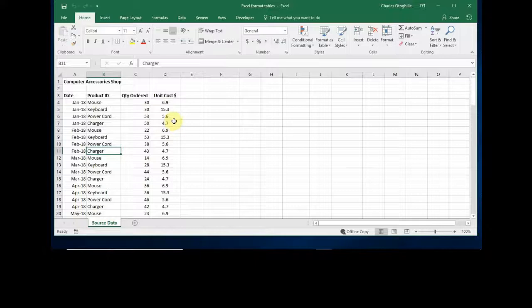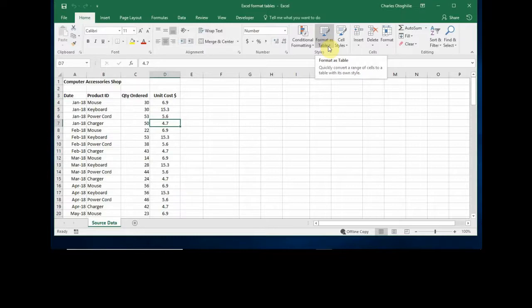Hello and welcome to this tutorial on Microsoft Excel. In this tutorial, we're taking a deep dive on one of the tools by which we could use in managing lists. And that tool is the Format as Table tool. The Format as Table tool,